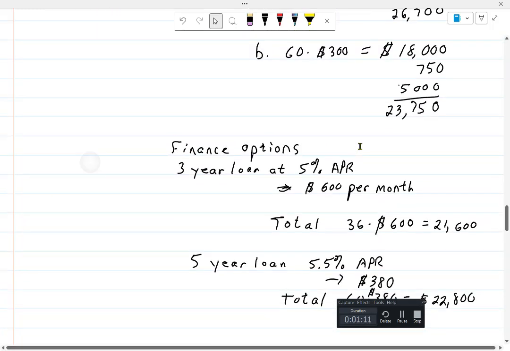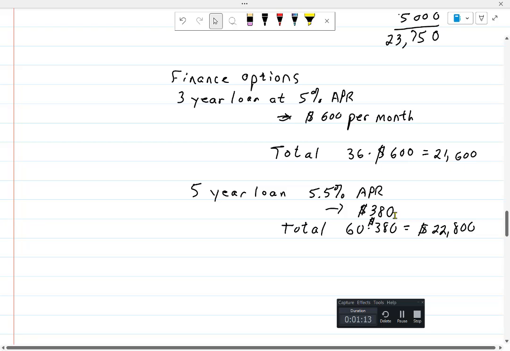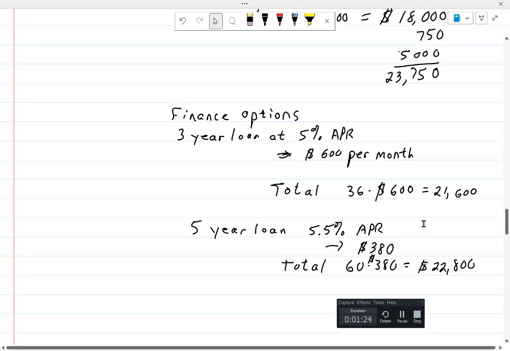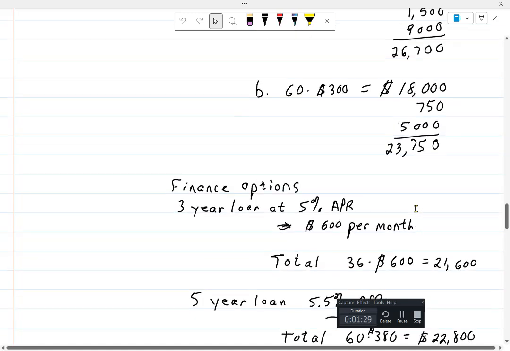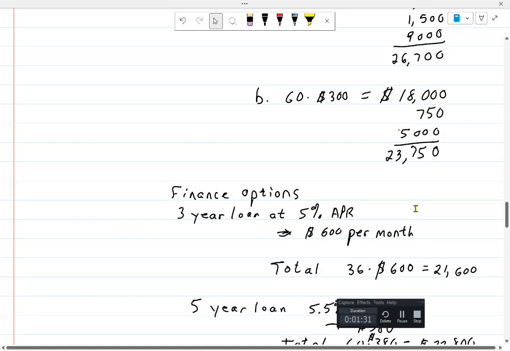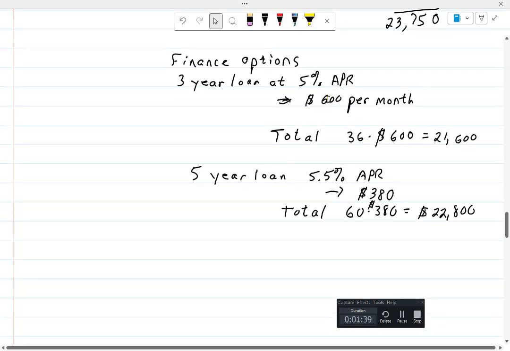Now, if you could squeeze out another 80, I suspect that this would be the deal most people would go for. In fact, 5-year loans are probably the most popular length for car loans. Anyways, the 3 doesn't seem so bad, except it's got this horrible monthly payment. So if the monthly payment is your primary driving factor, you're going to choose between this option B here, leasing for 60 months, and then buying the car, or this 5-year loan.